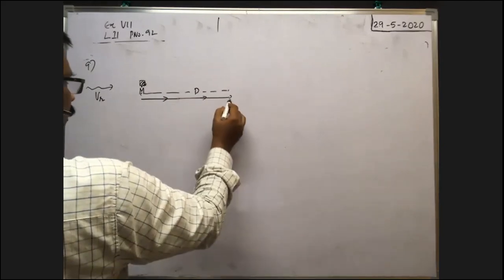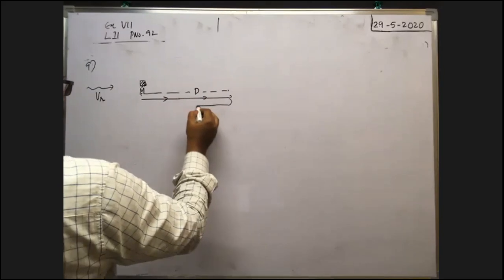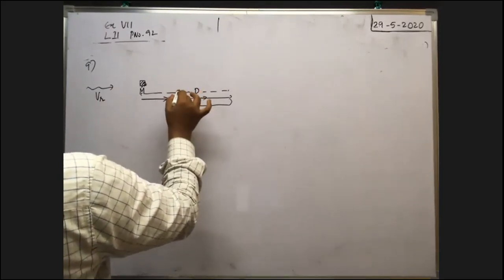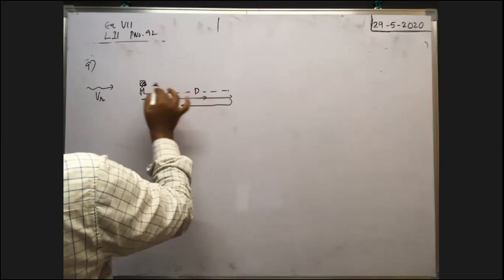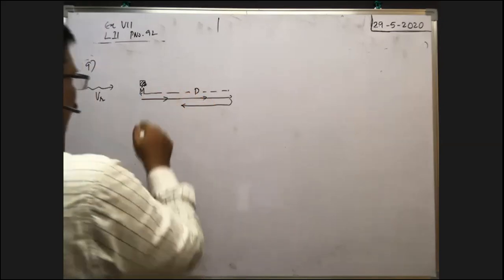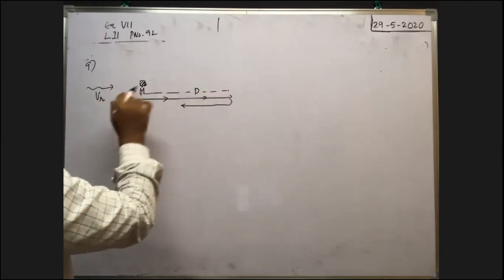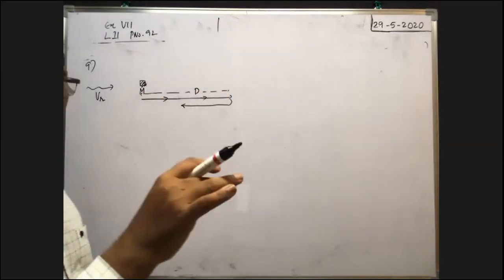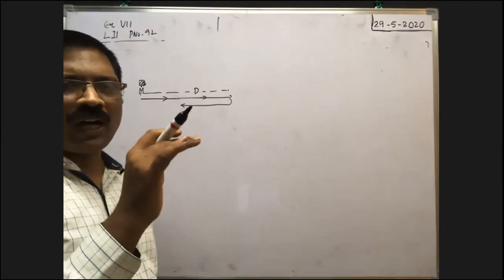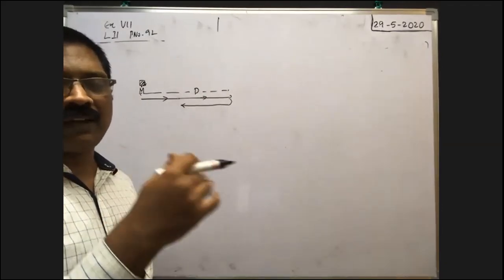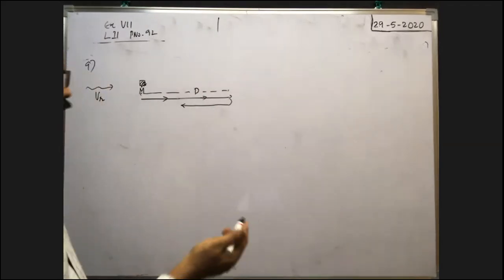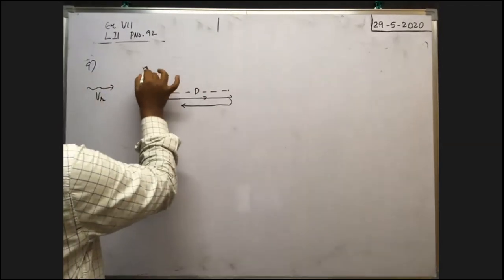So he turned back like this and travels upstream, and when the person meets the float at a distance D by 2 from M, actually the float will move in this direction with a velocity equal to the velocity of the river, because the float is floating over the surface of the water. With whatever velocity the water travels, with the same velocity the float also travels in the direction of the river flow. That's why the velocity of the float is equal to the velocity of the river only.